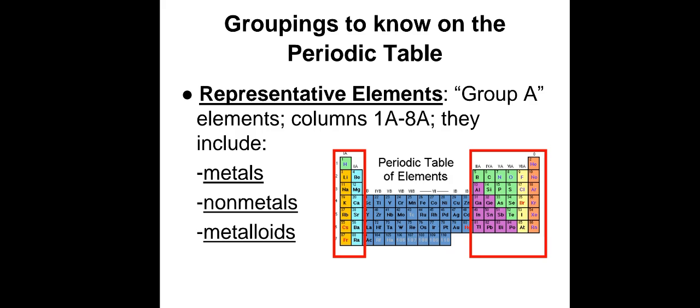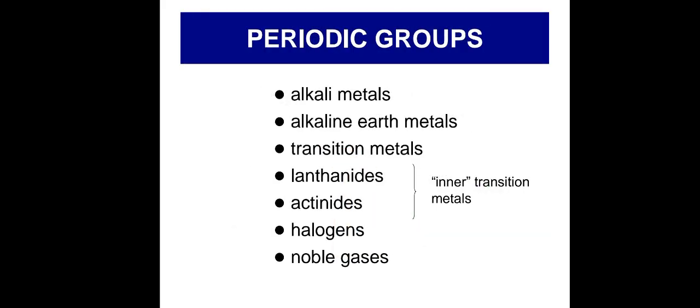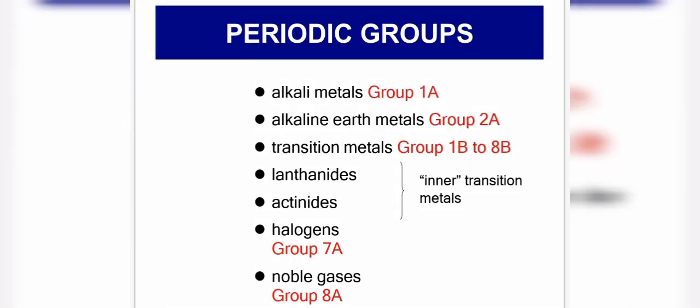So today we are going to study the representative elements, or the elements from group 1A to group 8A. Now when you look at the representative elements or the groups of the periodic table, the group 1A elements are known as alkali metals. Group 2A elements are known as alkaline earth metals. Transition metals are basically the elements that are present in the center of the table, and the two lines, lanthanides and actinide series, are present at the bottom of the periodic table. On the other hand, when we move to nonmetals, we can see a group known as halogens, that is group 7A, and a group known as noble gases, that is group 8A elements.